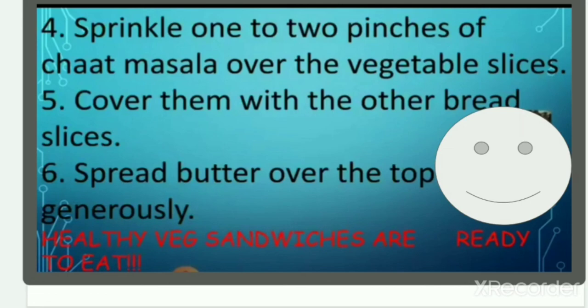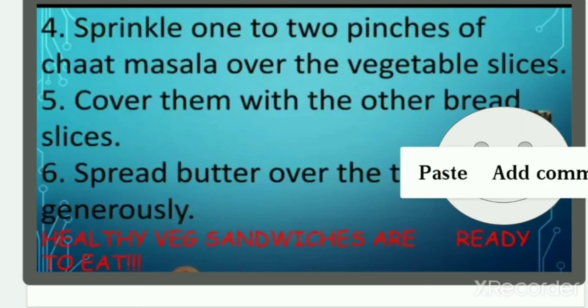Good. What you have to do is make it on your own and write it in your notebook. Did you enjoy? I also enjoyed with you. But you all have to enjoy by practicing. Not theoretical, you have to be practical for this. So one day bring one packet of bread and ask your mother to help you in making this. Make it yourself and help your parents also. This is the homework for you.